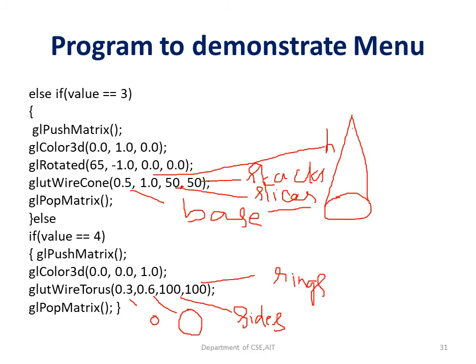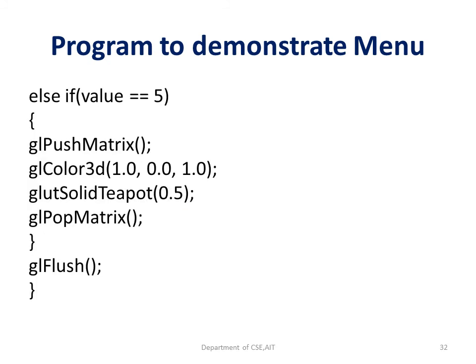If you go for a large number, it would look like a circle. So in this case we have taken this to be 100, and the rings also 100. It means the small circles that we have are also taken as the rings. That means to make up a torus, in this case we are taking a skeletal view. For the skeletal view we are going to consider these parameters.